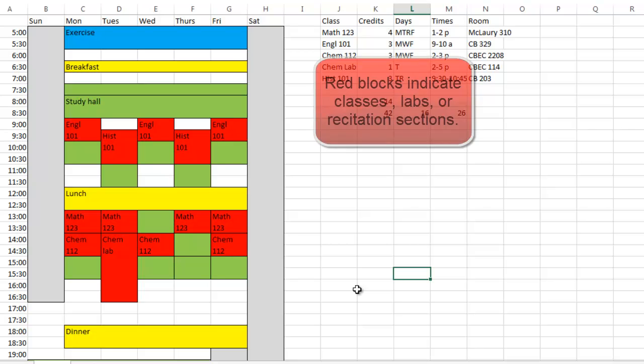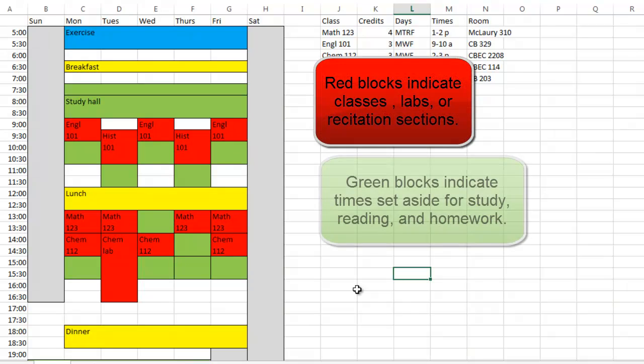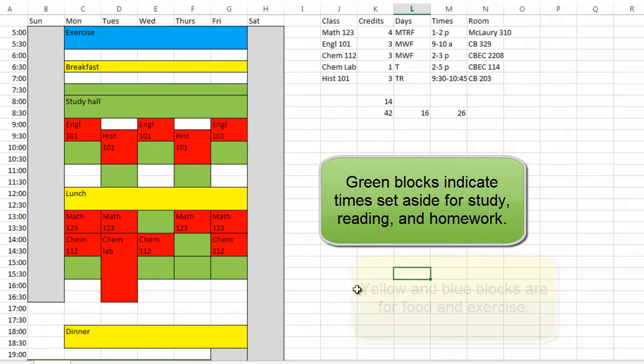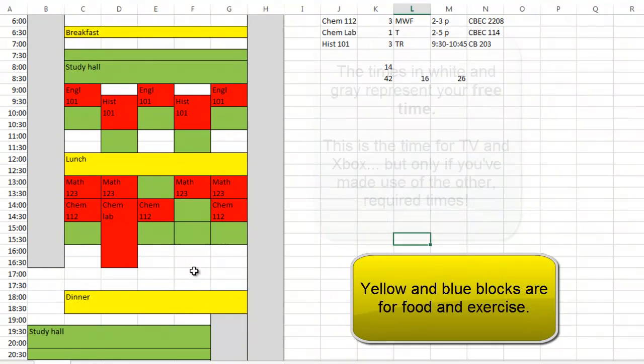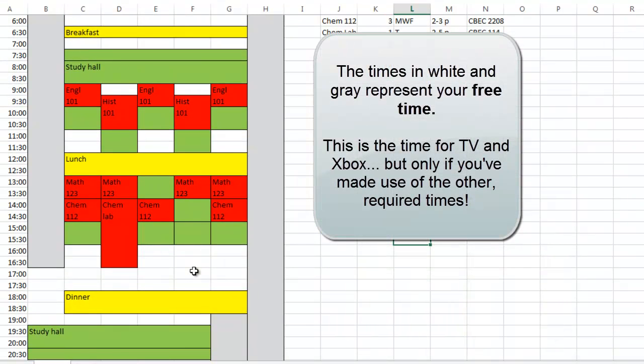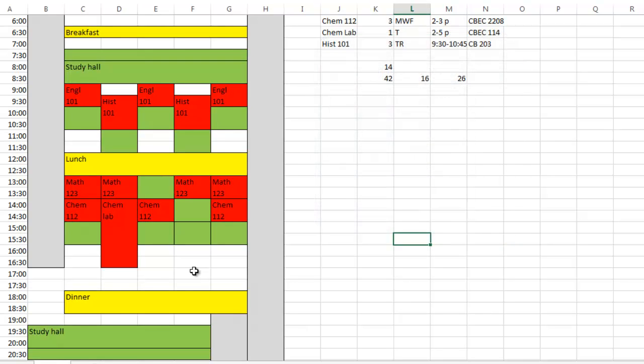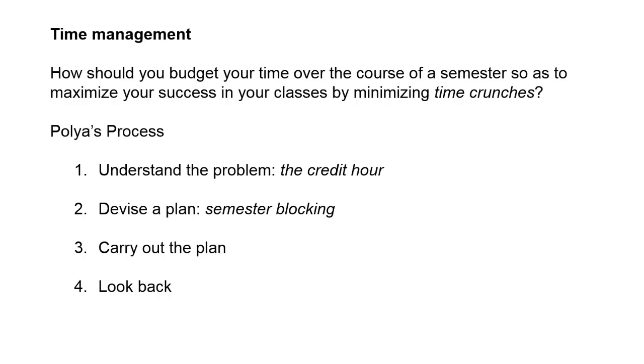Any time that's in color is a time that I've got some kind of an obligation. Any of the times that are in white are times I haven't filled up with anything. So those are times that I can hang out with friends, that I can play Xbox, that I can go down and get myself a coffee. And that's how I'm going to budget my time. And it does give you a sense of how much time you're expected to be putting into your work, into your classes. So now that you've got your semester all blocked out, it's up to you to carry out the plan,